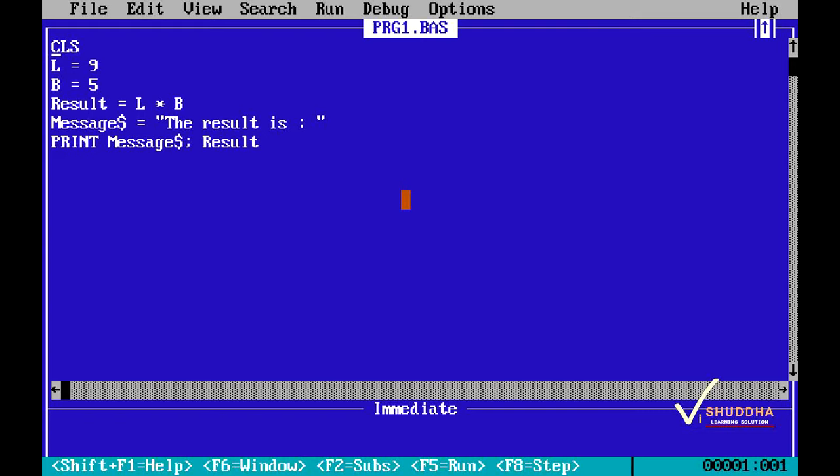Hello everyone. In this video of QBasic programming, I am going to talk about different elements of a QBasic program. Let's start with character set. As you can see on the screen, we have a program written with the help of different types of symbols. So these all symbols are together called as character set.